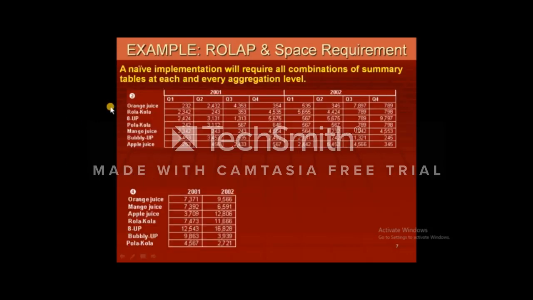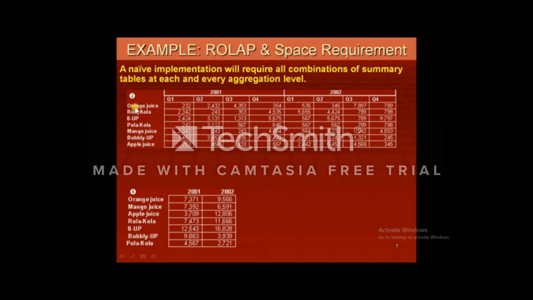So if we take a simple look at one of the examples, I'm using one of the hierarchies from the previous example. This table is showing the profit of individual items according to quarter inside each year. So let's say our business started in 2001. These are the sales values for individual products for each quarter inside each year.